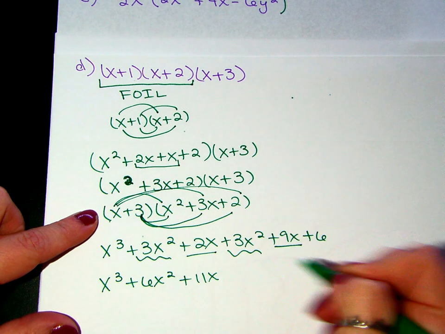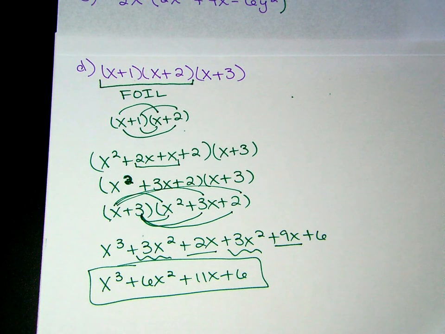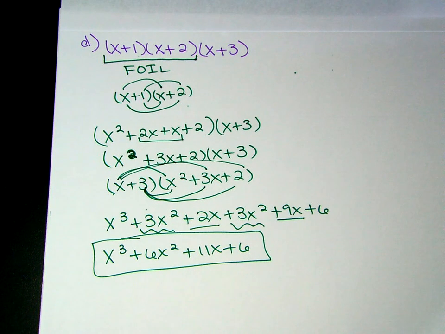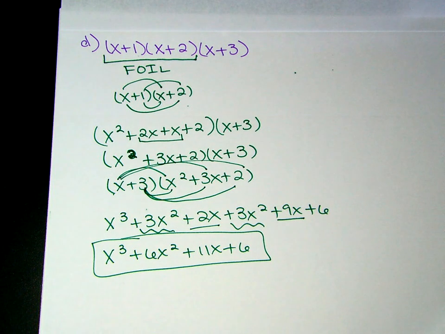So even if you have multiple binomials being multiplied together, you can still do it just using your FOIL and then using the distributive property. Don't let the length of the problem scare you and make you think that you can't do it, because you